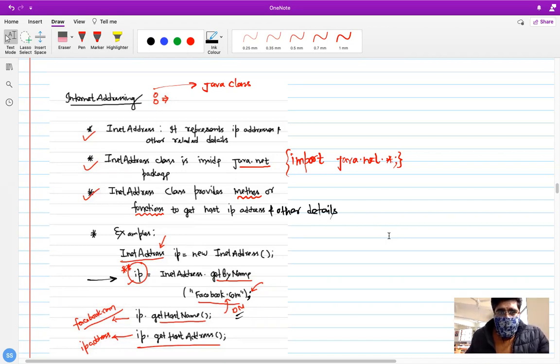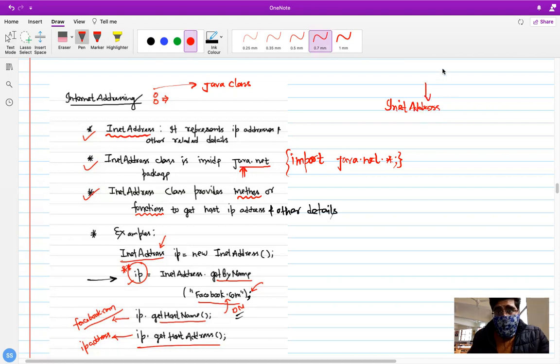So I'll start with the InetAddress class. This class is also inside the java.net package. But why do we use the InetAddress class?